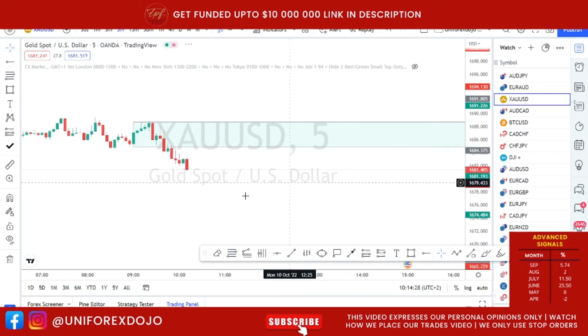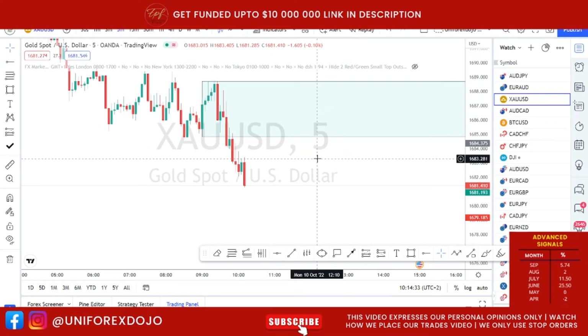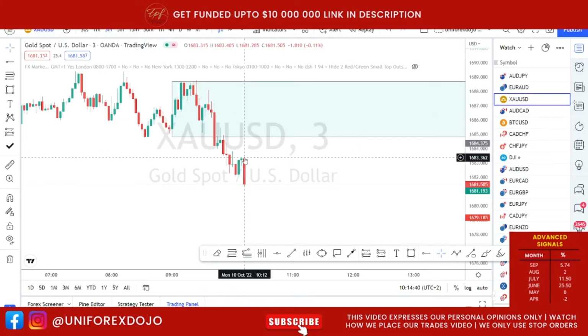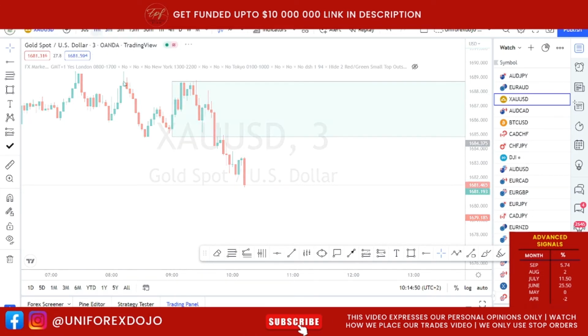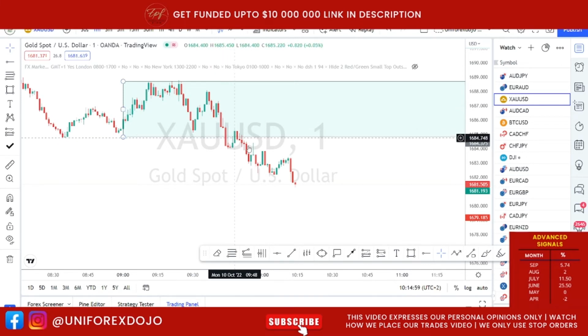Just see if I can't find a specific area that we'll probably trade from. Okay, so far I don't see anything here. And let's take a look at the 3 minutes. I still see nothing there in this area, of course, in this auto block here. And then let's see how the 1 minute is looking. Probably get more noise there, but so far I don't see anything specific that we can actually trade from, except